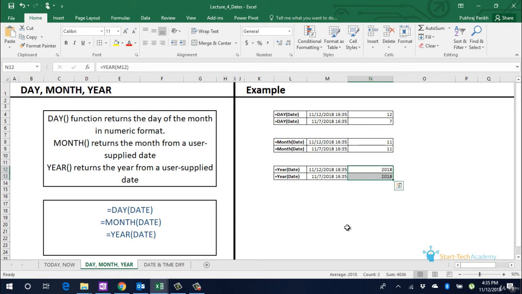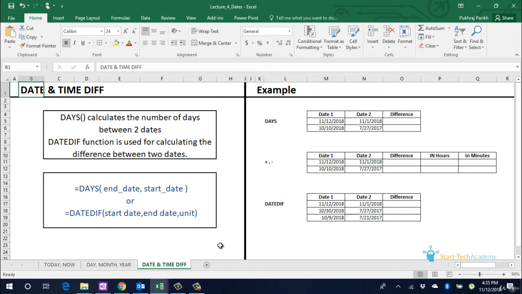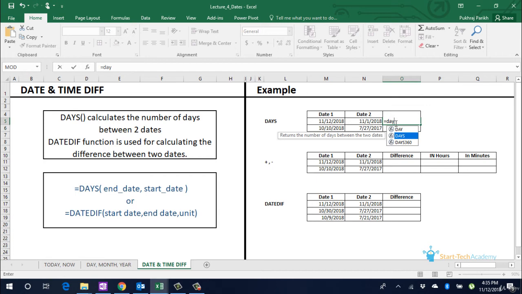Important operations that we usually need to do on date time values involve finding the number of days between two dates or finding time difference between two timestamps. To find the number of days between two dates, you can use =DAYS and select the two dates. This returns the number of days between the two dates selected.